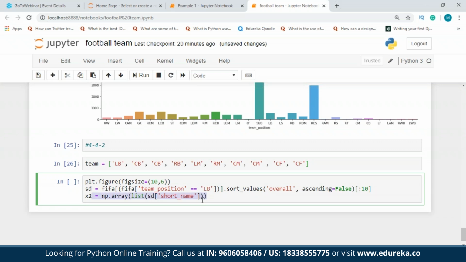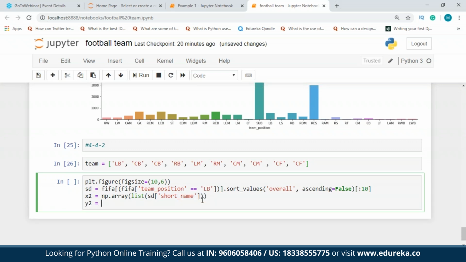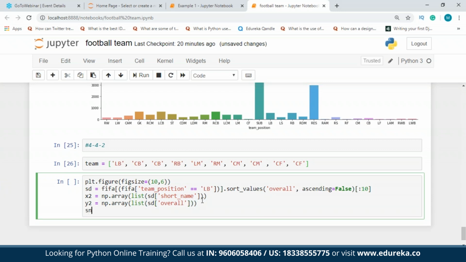I'll copy this again. Y2 is equal to np.array list, instead of short name, overall. Now sns.barplot x2, y2,